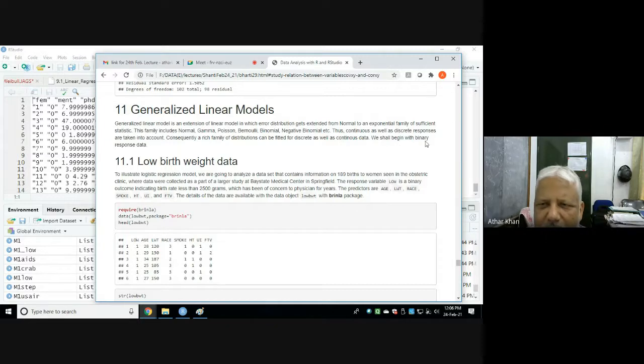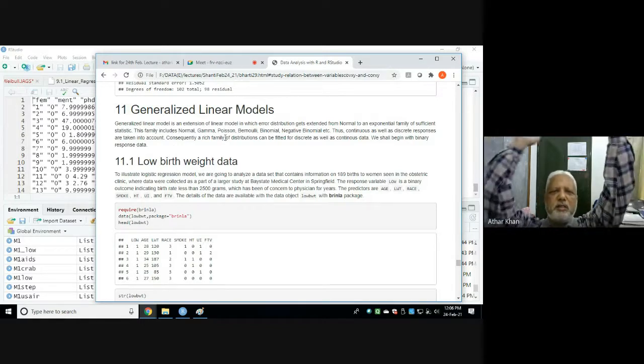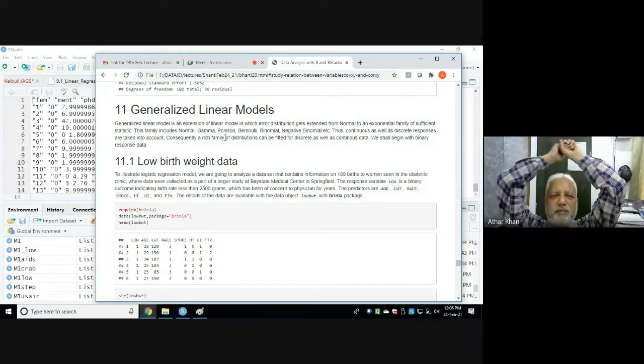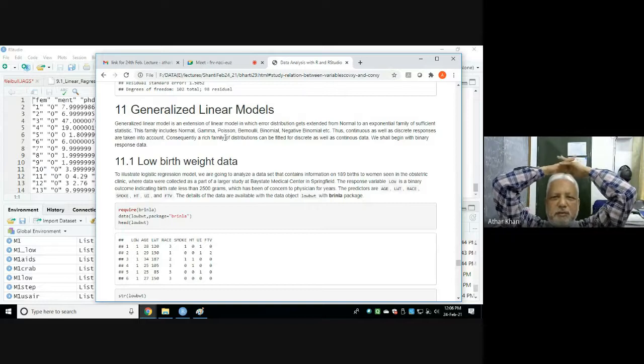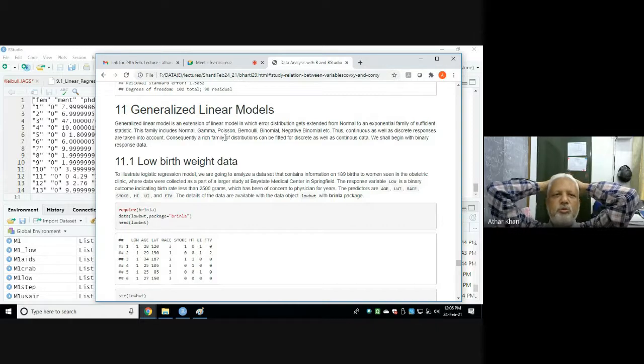We shall begin with binary response data. Earlier, people were transforming their data to meet the assumptions of analysis of variance, because analysis of variance has many important assumptions which need to be satisfied. Otherwise, the model cannot give the true result.